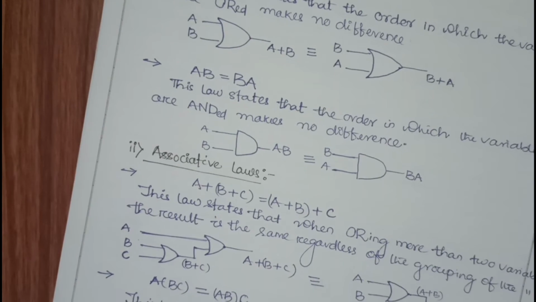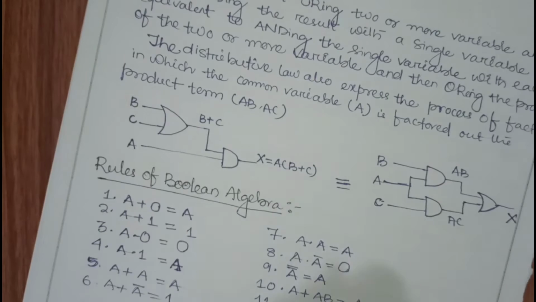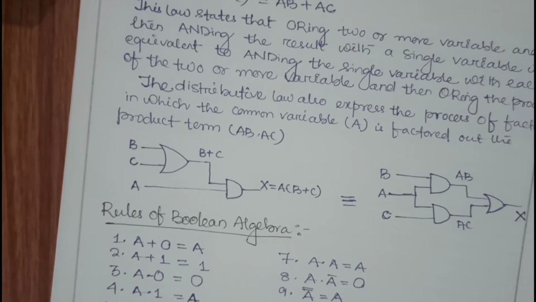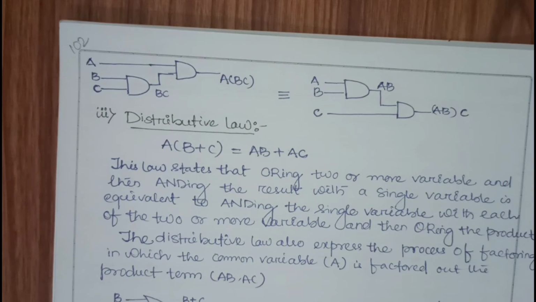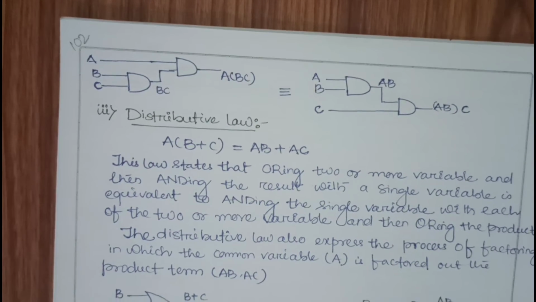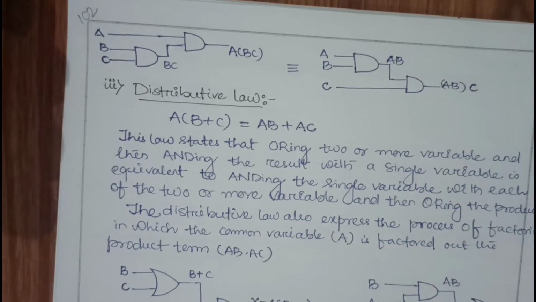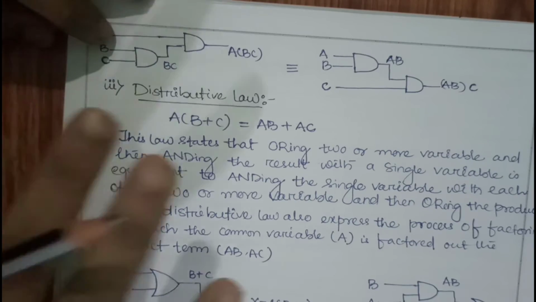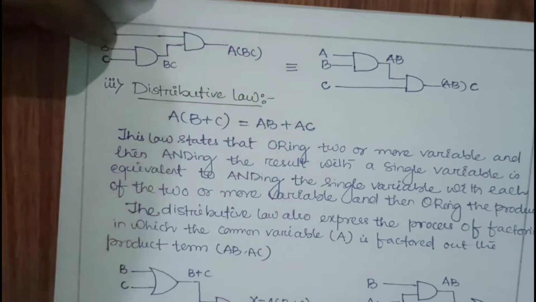And the third one is distributive. So what is distributive law? It is saying that if 2 inputs are ORed and then they are ANDed, it is the same as if I AND them first and then OR the individual terms. It also doesn't matter. Okay, these are the 3 laws. Mostly distributive law will be used the maximum number of times in our numericals. This law is very important. Remember, if AB plus AC is there, I can represent it as A into B plus C.